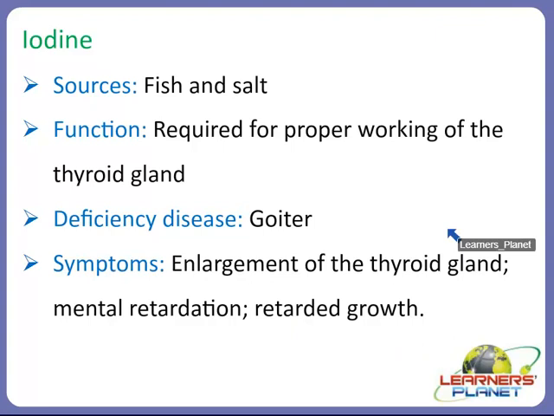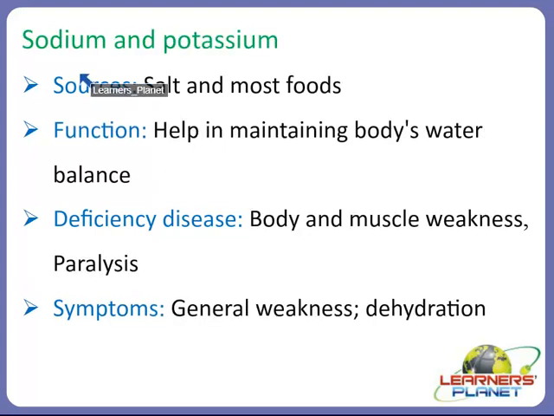So you can now think that iodine is also very important and essential for our body. Now let's move on to the next mineral. Yes, sodium and potassium. Students, the rich sources of sodium and potassium are salt and most foods. Most foods means most seafoods. We can say that most of the seafoods and other foods are very essential because they contain sodium and potassium in a trace amount, in small amounts.